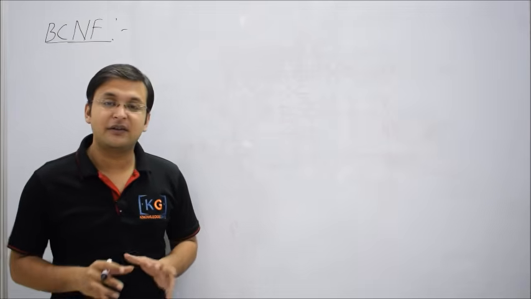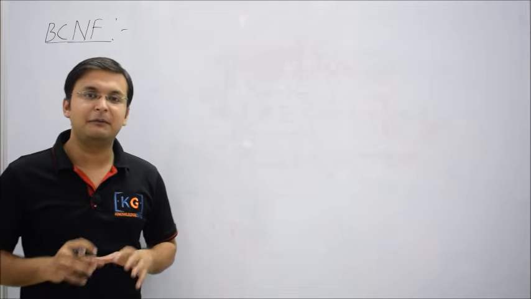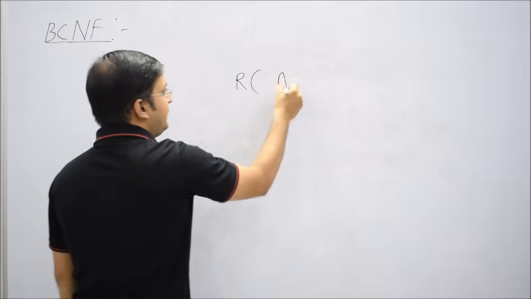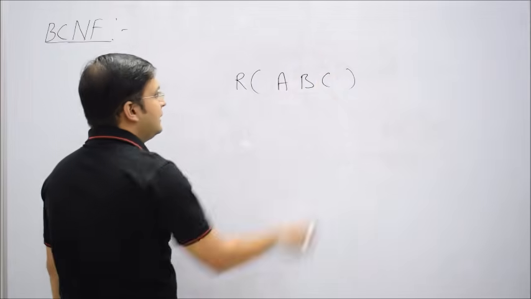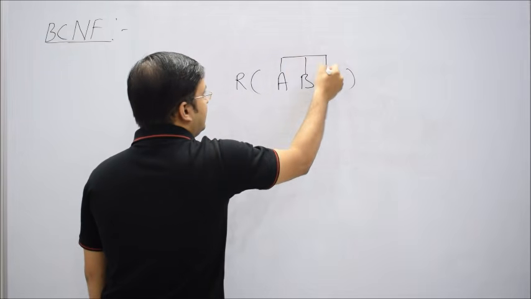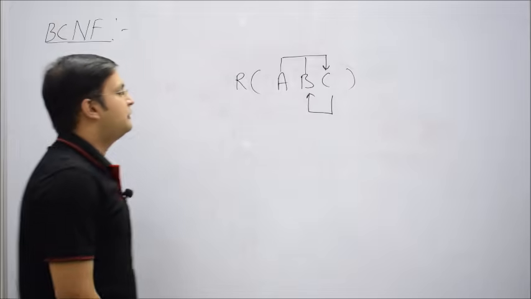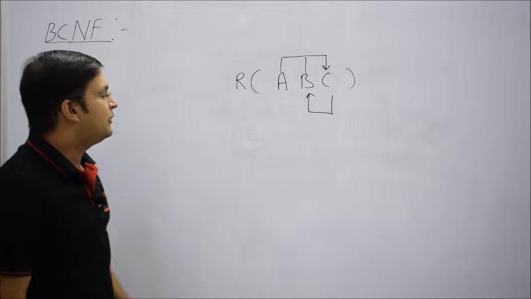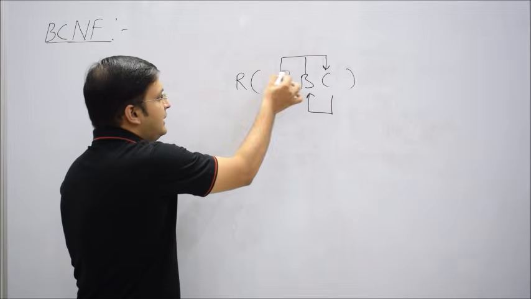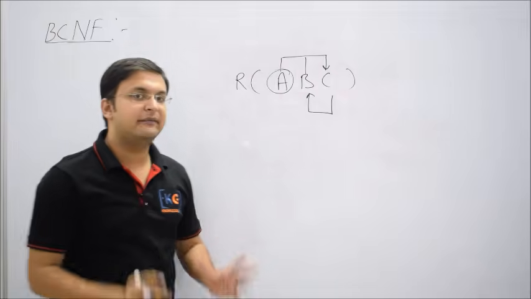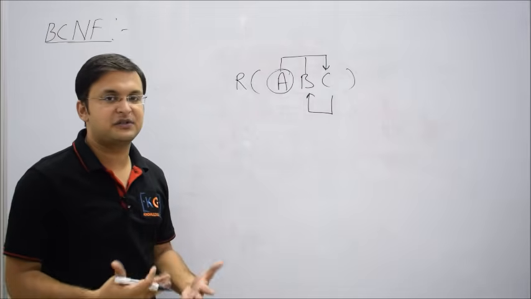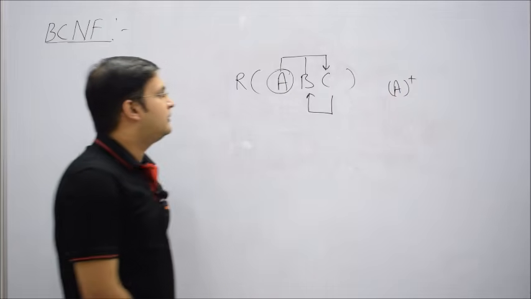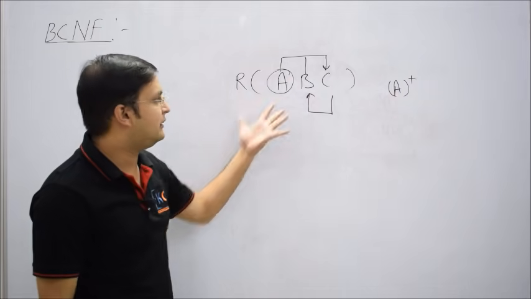Okay friends, now let's discuss the concept of BCNF with the help of an example. Let me consider a relational table R with three attributes A, B and C, and let me take dependencies something like this. From A, B I find C, and from C I find back what? B. Question number 1, what is a candidate key? You see, A is an essential attribute because no other attribute can find A, so you must consider A from the start. Now is A a candidate key? The answer is no. Why? Because A cannot find anything alone.